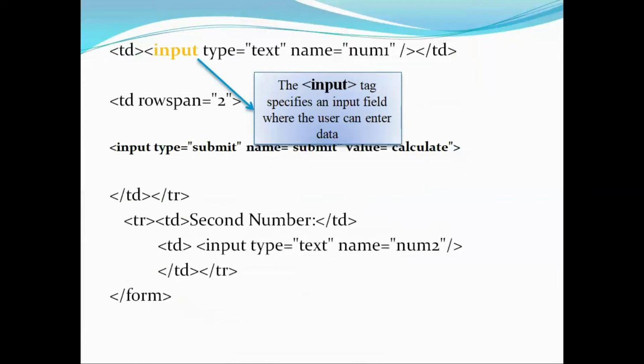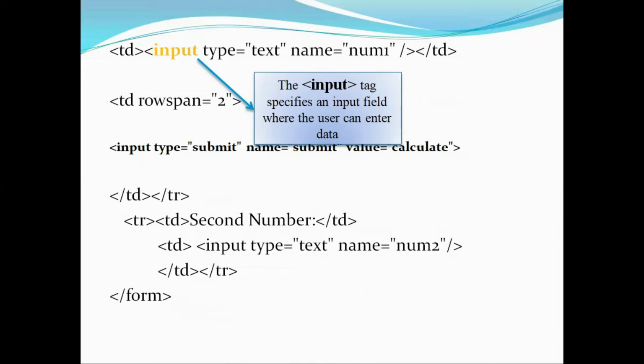The next thing is that we are reading that first number using one of the form category tags called input. The name itself tells that in order to take the input from the users, we are using this tag called input. It is specified by using the attribute called type. Type is equal to text says that whatever input we give is considered as text, and we are giving one more attribute called name. Name is equal to num1. Whatever input we give in the place of the first number will be considered as num1.